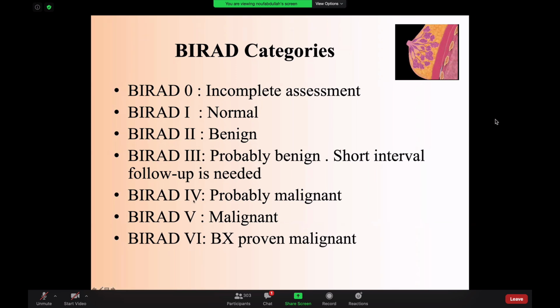What I call BI-RADS 4, it means I need to do biopsy, and there is a percent of being malignant, and they say probably malignant. However, BI-RADS 4 has 3 categories, 4A, 4B, 4C. You don't need to know a lot about that, but at the end, whenever you call BI-RADS 4, it means that we need to do a biopsy for this lesion. When I call BI-RADS 5, it means that it is malignant, and when I call BI-RADS 6, it means that this is a biopsy-proven malignant lesion. So this is very important to understand and know.